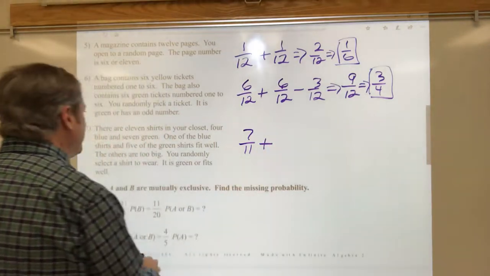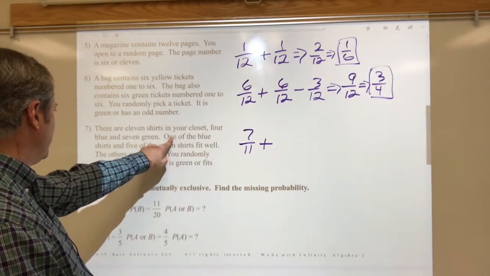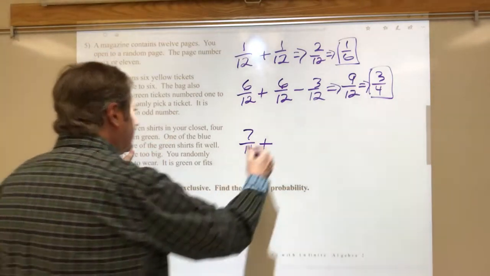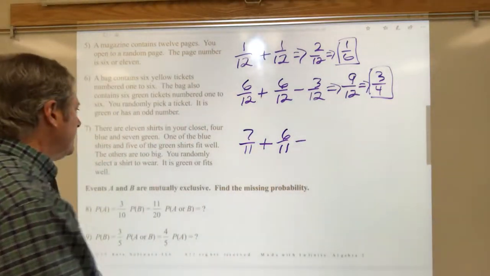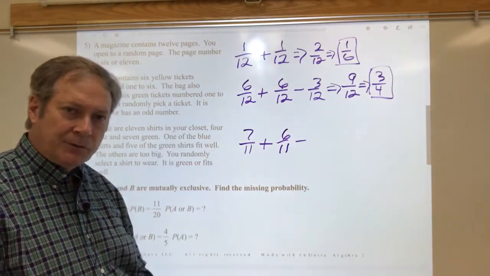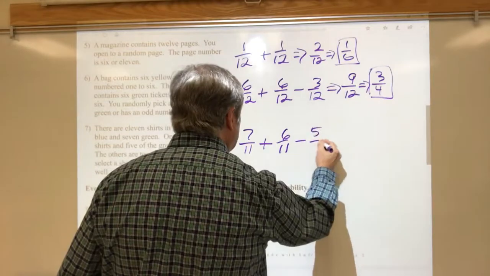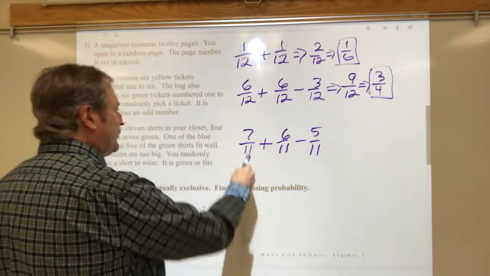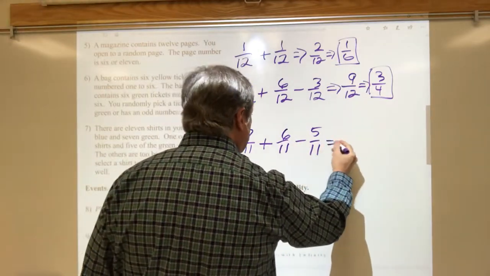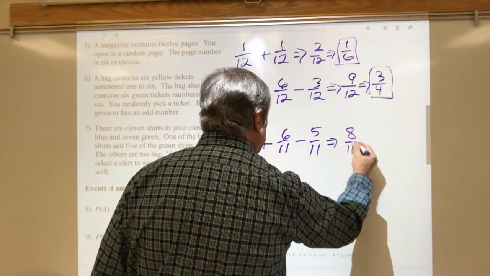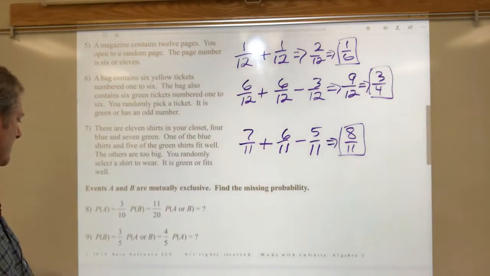Plus, how many ways are there of getting a shirt that fits well? Well, it's 1 of the blue and 5 of the green. So that's going to be a total of 6. And then we subtract out of it the green shirts that also fit well, so we don't double count, and that's 5 of them. So in other words, it's 7 over 11 plus 1 over 11, which becomes 8 over 11. Okay,